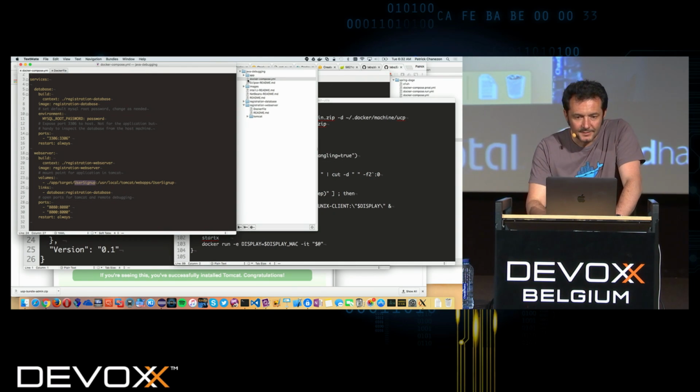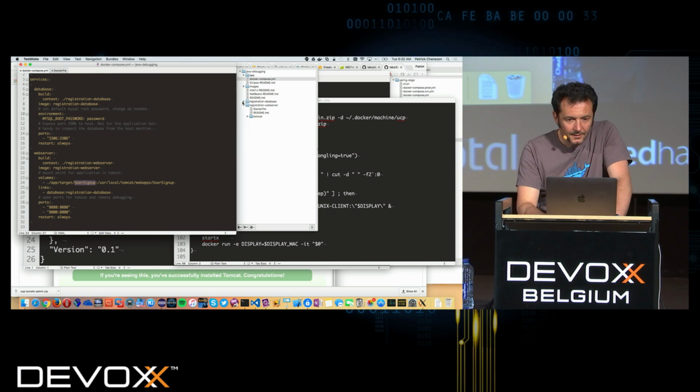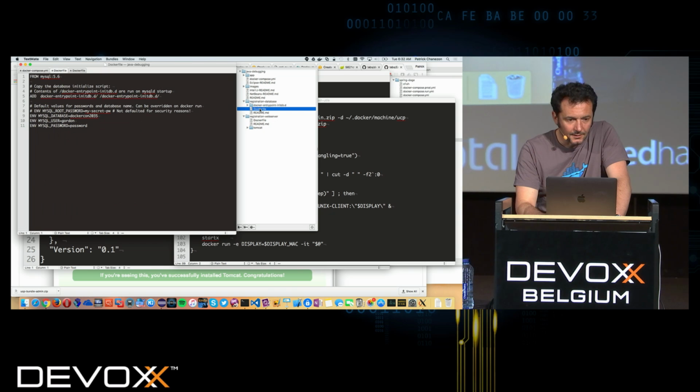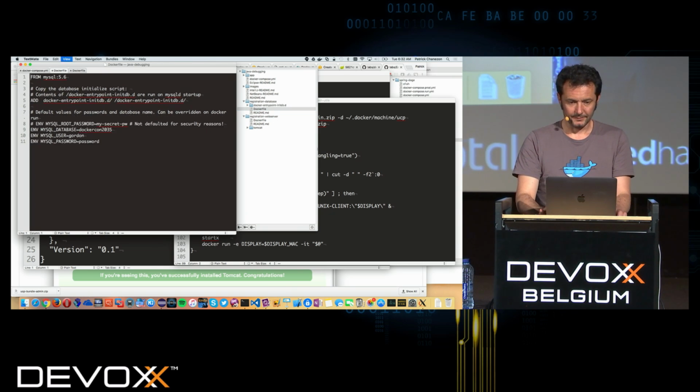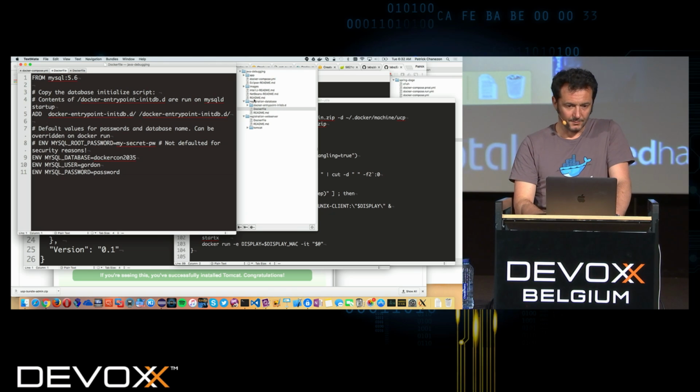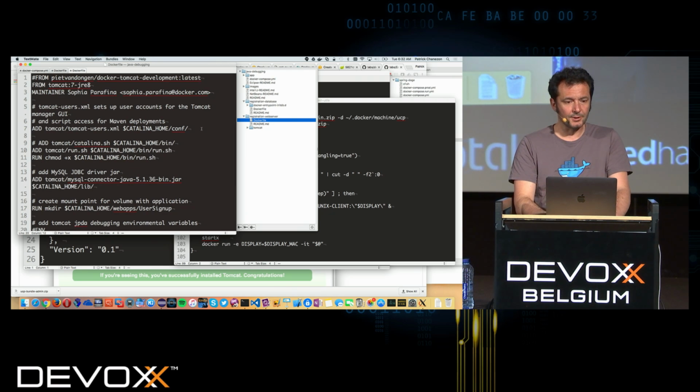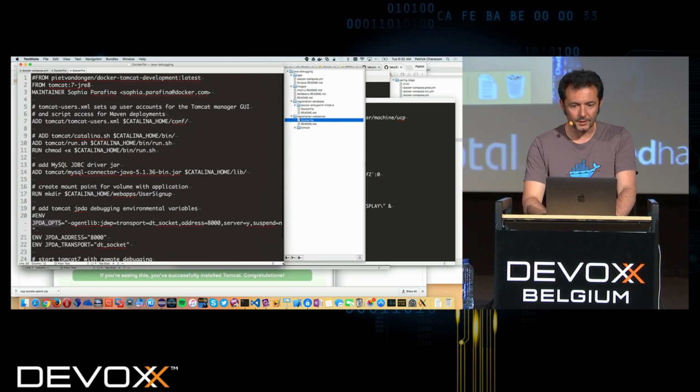So that project, Java debugging, it has a registration database. Here it's a MySQL container with specific data in it. Then there's the registration web server, and this is the interesting one.